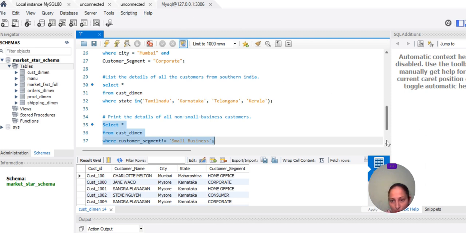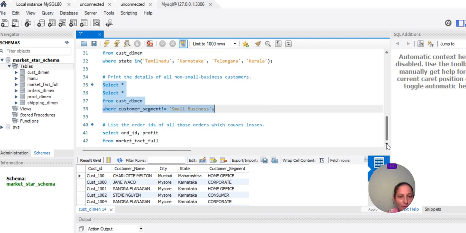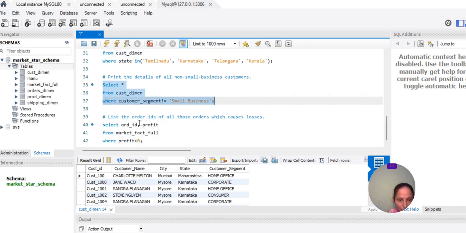So how do I write this? Select order ID and profit from table name where profit is less than 0. Order ID is unique for each and every order. Customer name may be the same for different orders, so we have to select order ID, which is unique for every order. Maybe a single customer is ordering multiple things, and one order is profitable and another one is not.